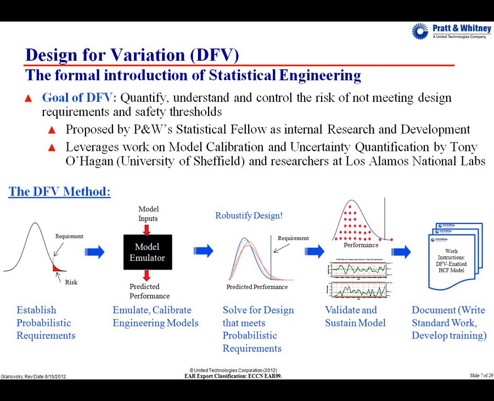Once we accomplish that step, now we have to look at the engineering models themselves and how accurate are they and how long do they take to run. As I said, some of these are very old, and complex models like fluid dynamic models can take weeks to run. We could introduce statistical tools like emulators that would use the data from the original model and create a shortcut version. We could also use Bayesian calibration to calibrate those models to real-world data, making them more accurate. Then it would just be a matter of evaluating many designs, as many as we can, hundreds, thousands, and comparing where all of them stand against the requirements so that we can pick the best one.